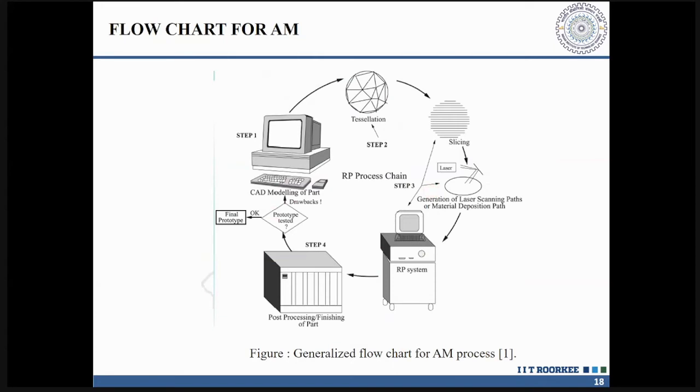So you create a soft model on the computer screen and convert that soft model into a tessellation. So what is tessellation? Tessellation is the first approximation that I am doing. Now mind that whenever we go for additive manufacturing, it is not the actual product that has been manufactured. No, it is not the actual product. It is a certain approximated model. When we talk about the approximated model, the first approximation starts with the tessellation.